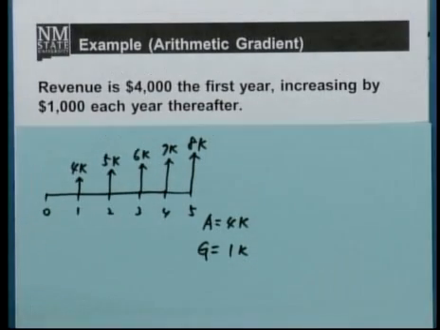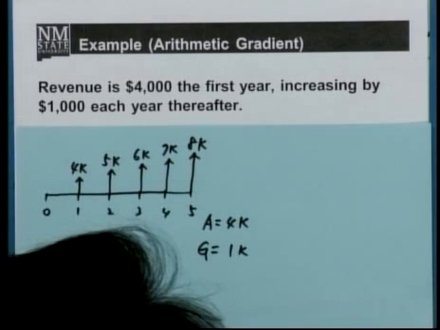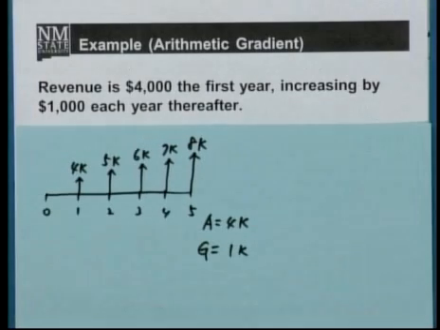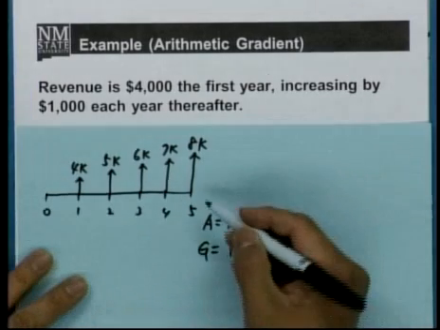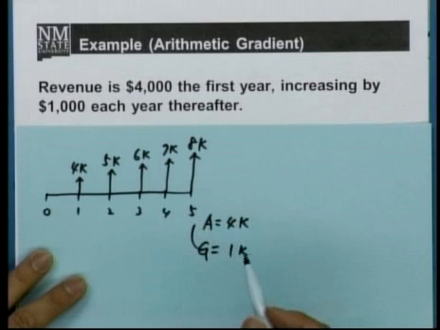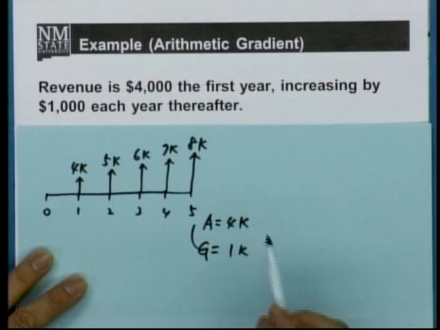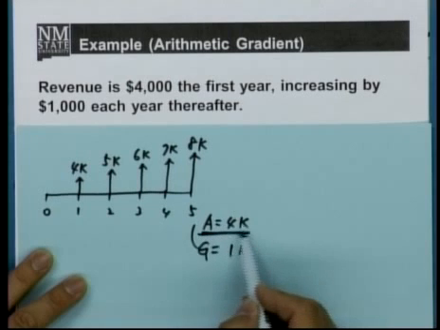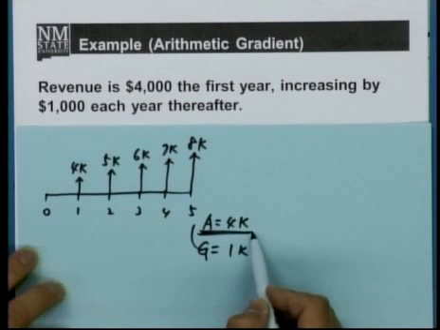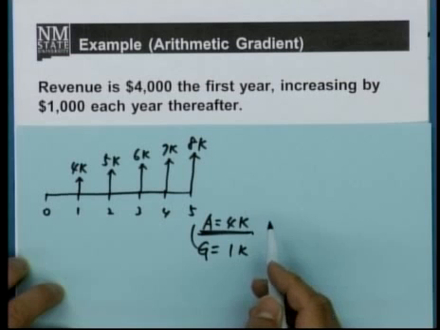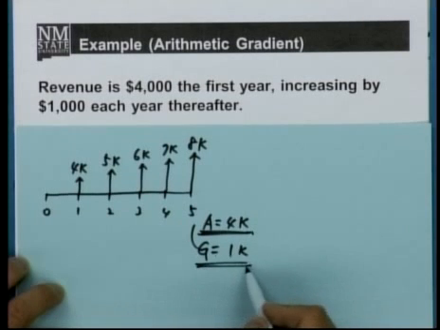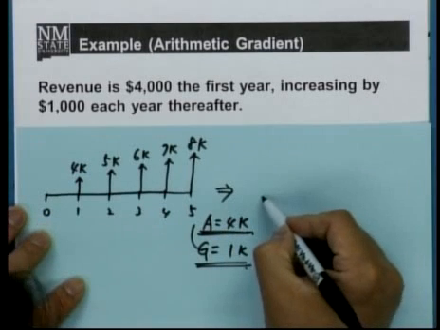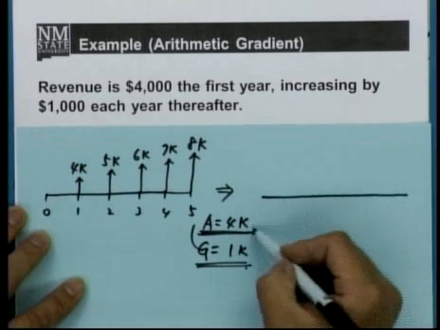So in this case, the uniform annual series amount, which is A, would be 4,000, and the arithmetic gradient would be 1,000. So this diagram can be redrawn this way using this notation: